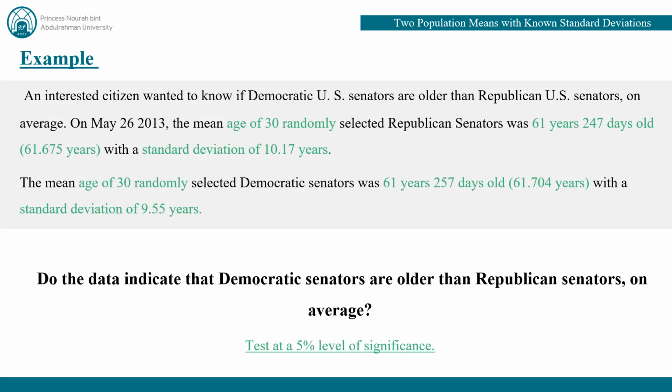Example. An interested citizen wanted to know if Democratic U.S. Senators are older than Republican U.S. Senators. On average, on May 26, 2013, the mean age of 30 randomly selected Republican senators was 61 years, 247 days older,